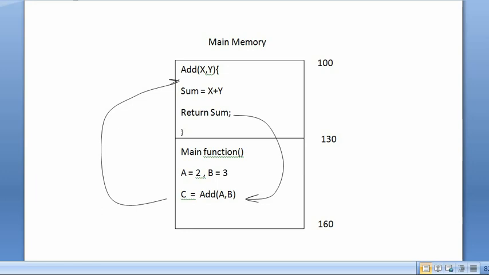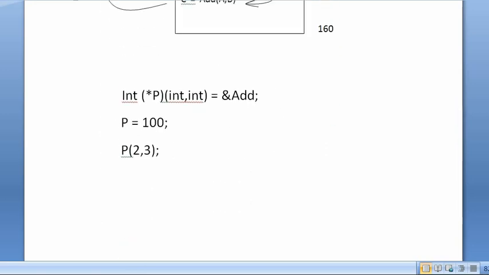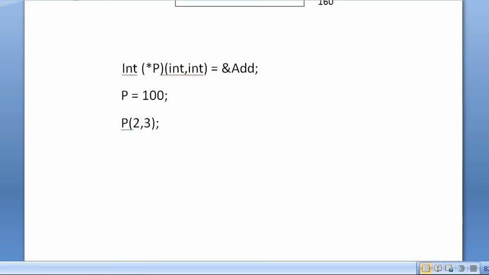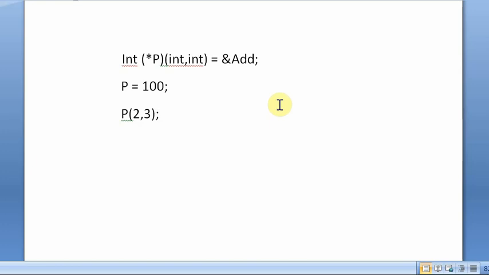Now look, if I want to call this function through its address using a pointer variable, how can we do this? I just need to store the starting address of this function. But there is only one condition: the prototype of the function must be the same. So I can store the address of the function like this.